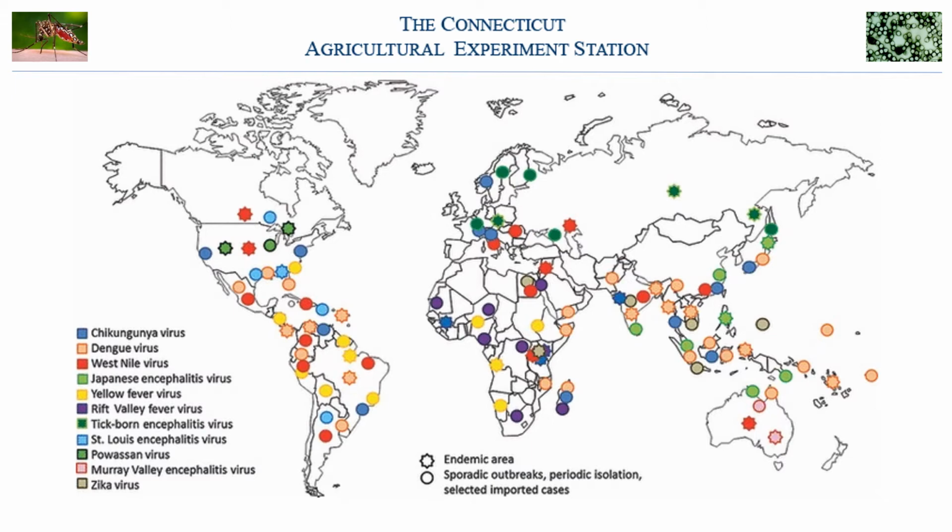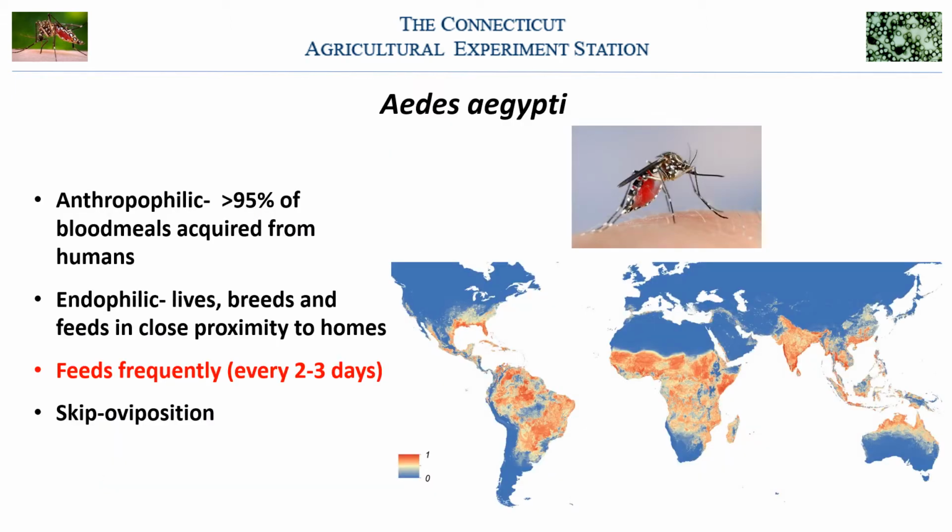And this really has to do with the fact that the primary vector for a number of these arboviruses is Aedes aegypti. As you can see on the map in the bottom corner, this is an environmental suitability map for potential Aedes aegypti breeding. You can see that it's pretty much confined to the tropics. It likes nice warm and moist climates. And the reason I bring up Aedes aegypti is because